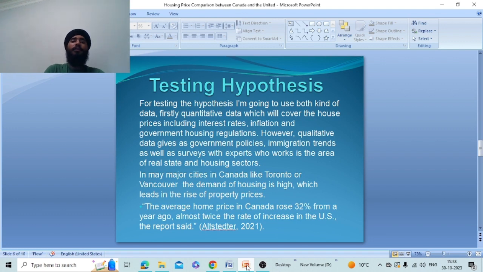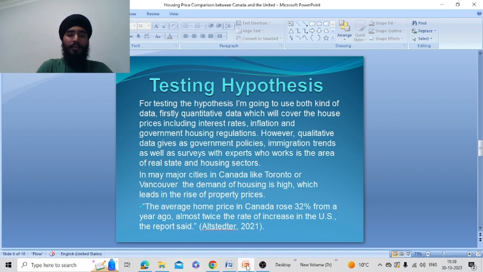For testing the hypothesis, I am going to use both kinds of data, quantitative and qualitative. Firstly, quantitative data will cover the house prices, including interest rate, inflation, and government housing regulations. However, qualitative data gives us government policies, immigration trends, as well as surveys with experts who work in the real estate or housing sectors, which gives both types of data and helps me to develop my